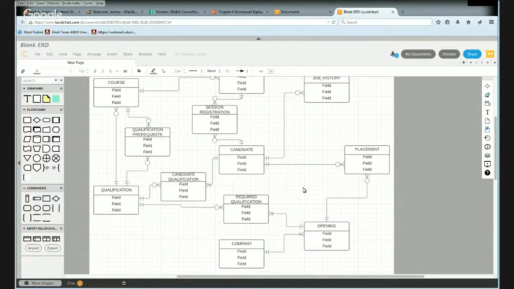Oh, the last thing it did say, something I missed in here. Okay, in addition, an entry is made in the job history for the candidate. That doesn't have to be modeled. And I would say in practice, I probably wouldn't relate that just because it makes the relationships more complicated than they need to be. But if you do want to model job history and placement, that relationship there, then it would be like this,